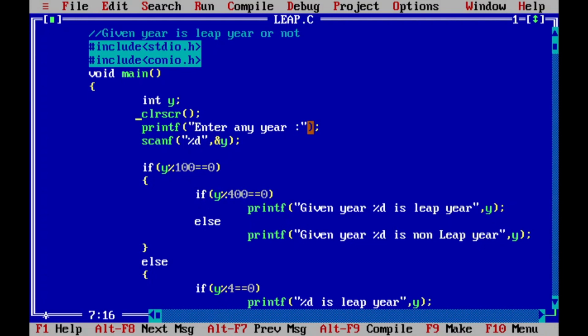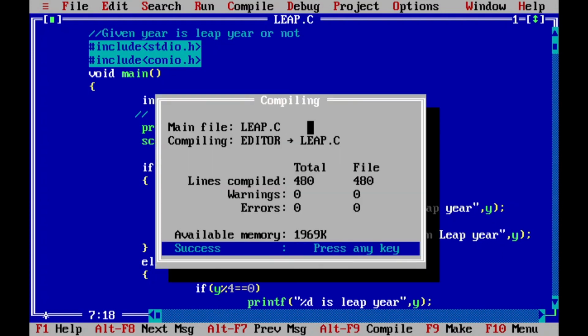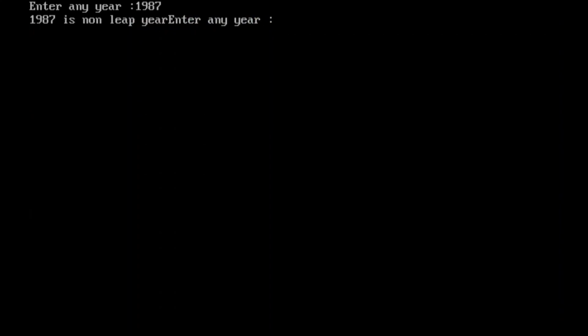Suppose there is no clear screen in this program. I don't want to delete that clear screen. Simply, I placed that function within a comment section, so the compiler does not identify that sentence. So again compile it. Now execute it. See, enter any year. Suppose 450. Enter: 450 is a non-leap year.